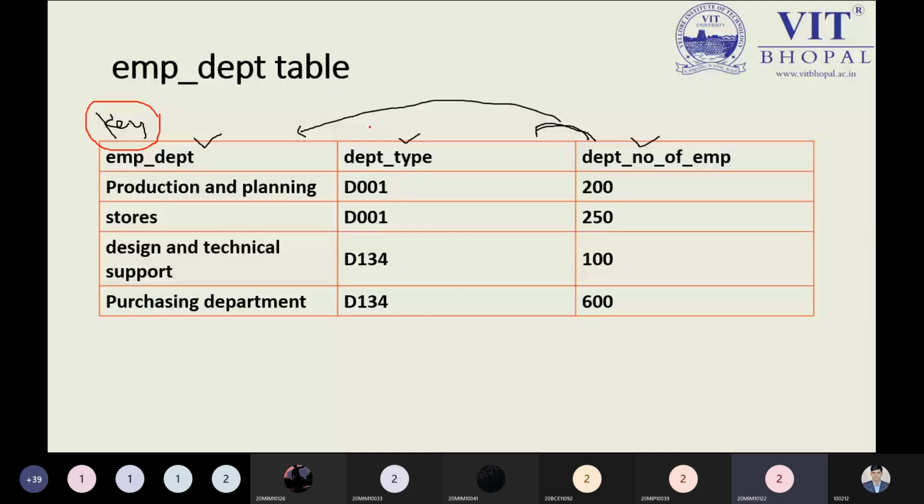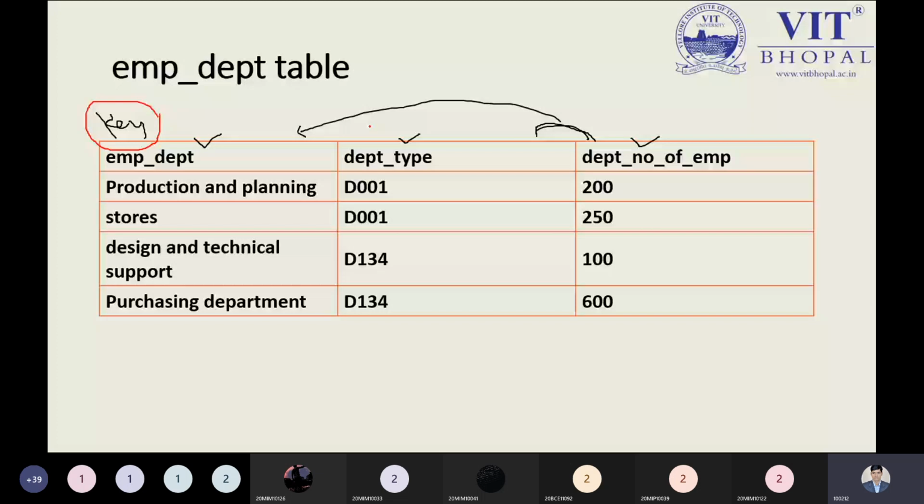There is no common attribute. Yeah, super, brilliant answer. There is no common attribute between these two relations. So if you try to join or compose these two relations, then we will not get our relation properly, because on what parameter will you do it? One common attribute is required for making the join operation. So that's why we have to create another relation along with the employee nationality and employee department.